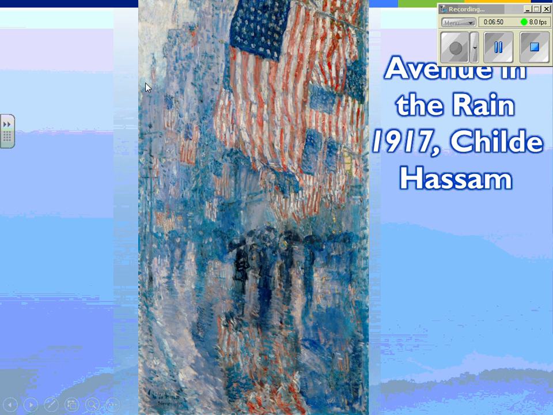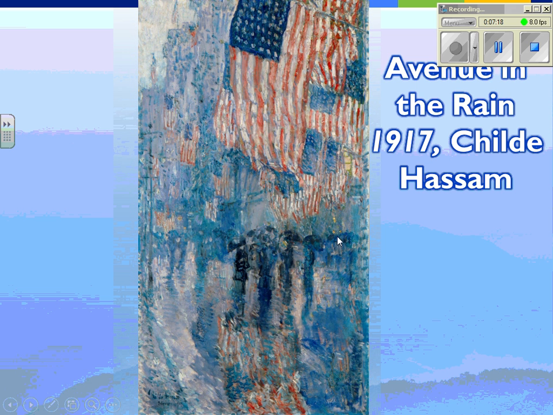So up at the top, you can see the clear sky, and you can see the rooftops of the buildings. So what we're looking at is all these buildings of Fifth Avenue. And here on the left-hand side, you can see the outline of some telegraph or telephone poles. So it's a fairly industrialized city at this point. You can see all the flags on the buildings leading up to it. And as we get closer, you're looking at all the flags getting bigger and bigger, showing a little bit of